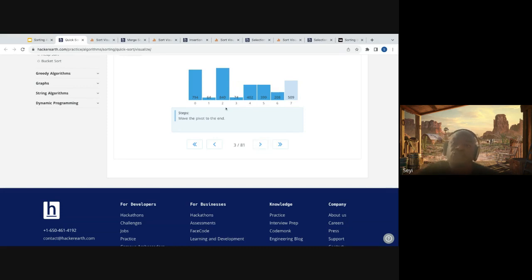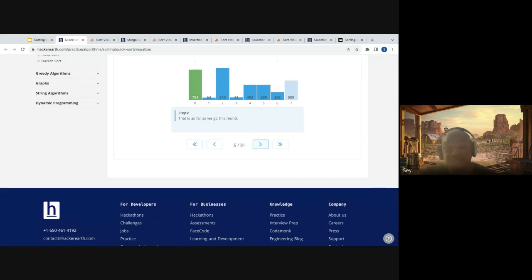And then what they're trying to do is partition the array around this pivot they selected. But the way they are doing this is they're moving it to the end. And then they are looking for the first element greater than the pivot on the left, and the first element that is less than the pivot from the right, and then they're swapping them.